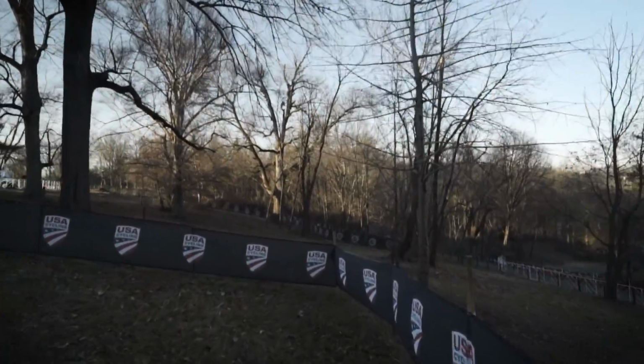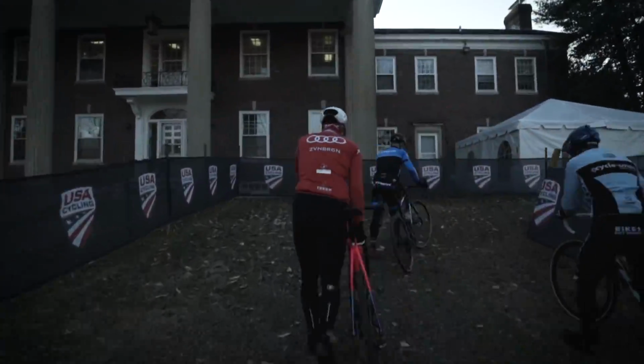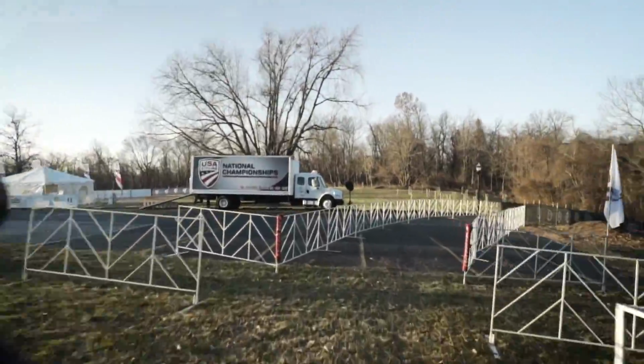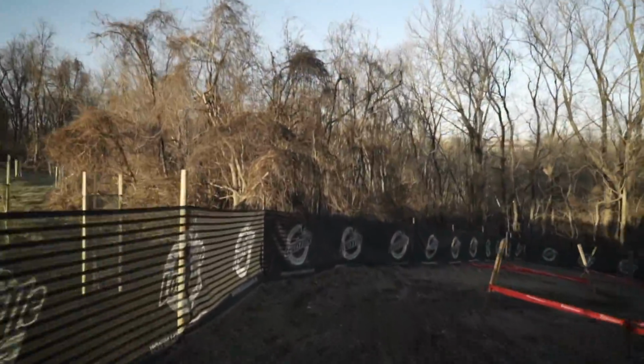You've got to take a left-hand turn right into the limestone steps. Yeah, these are the limestone steps. As we saw last year when they were racing here, they are rideable, but I don't know if it's an advantage. Most of our riders are going to dismount, and then we come into this modified downhill